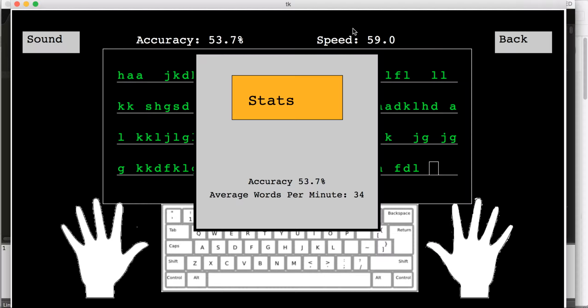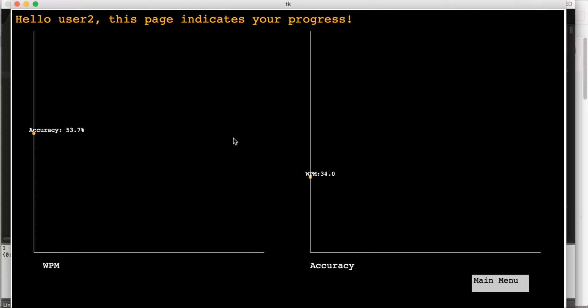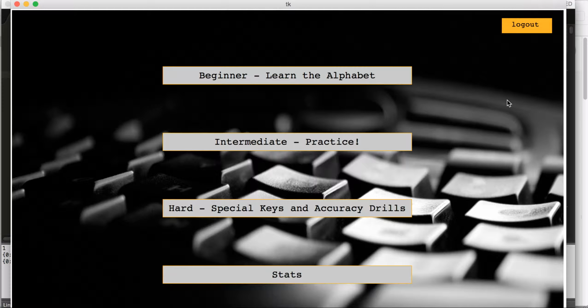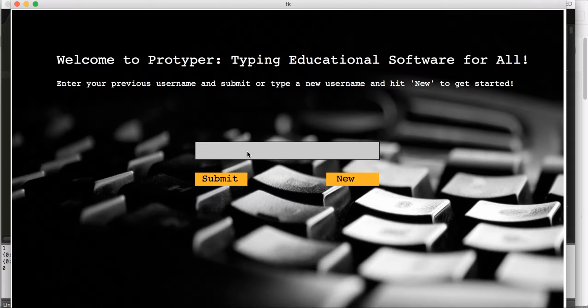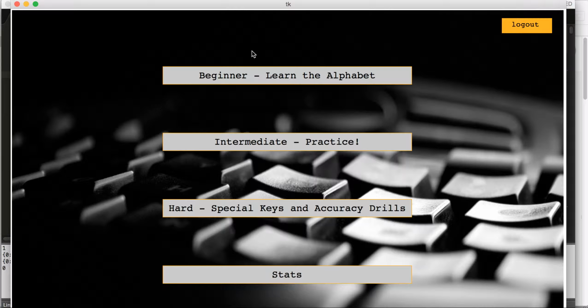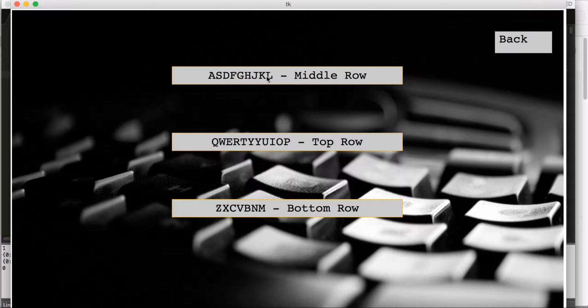And now that I'm done, it gives me my accuracy and also my average words per minute throughout the entire session, and I can go to the stats page and it plots this, and this was my first time. So I can go back to the main menu, and I guess I can just log out now, and the next time I want to use this program, I can submit my username,